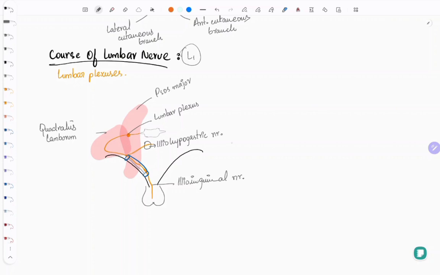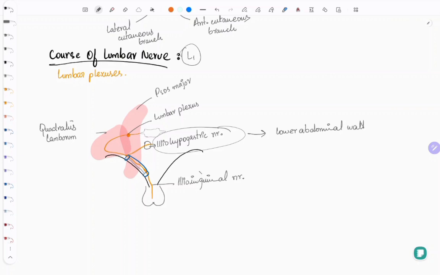The iliohypogastric nerve pierces the layers of the anterior abdominal wall above the superficial inguinal ring and supplies the lower abdominal